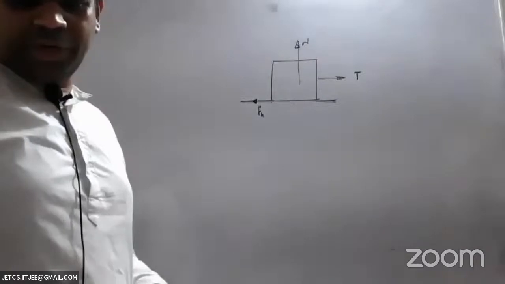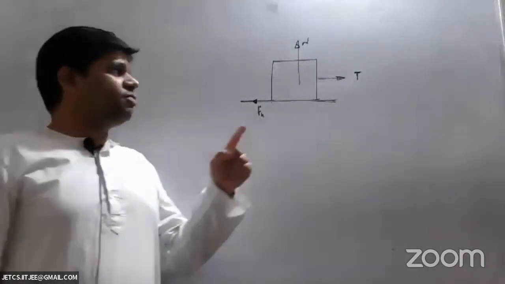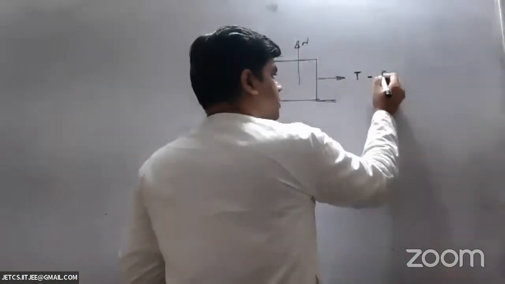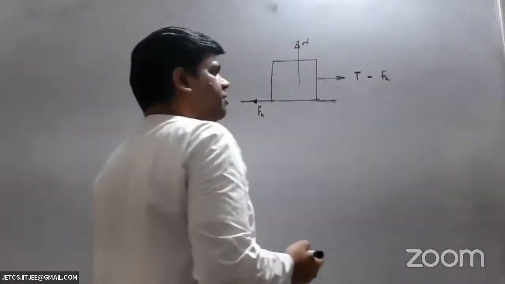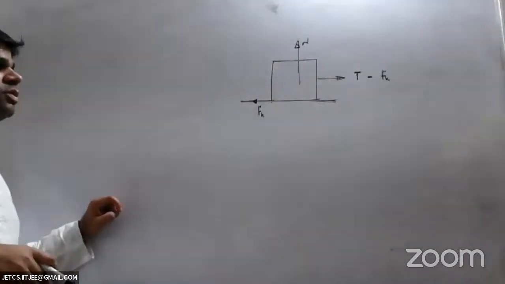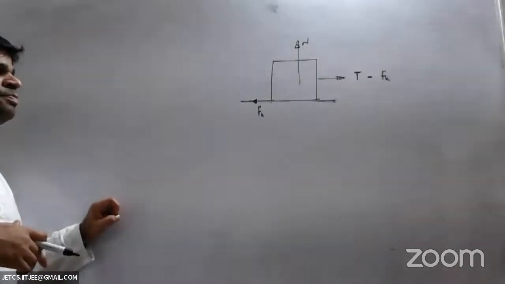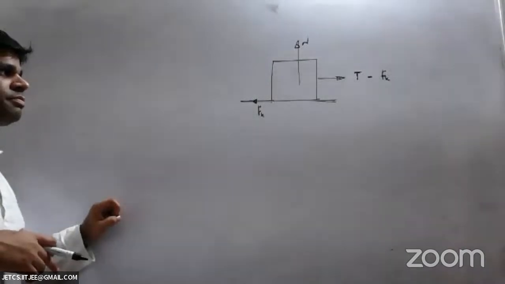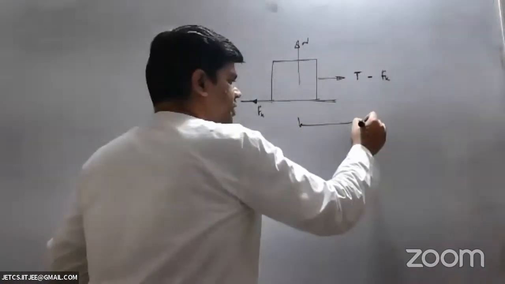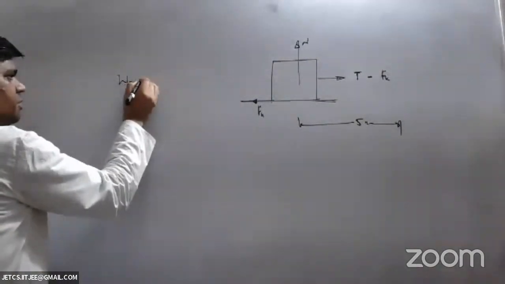All right. So, and it's moving with constant speed, he said. That means net force on the block is zero. Net force on the block is zero means T is equal to Fk. That's what I can say. Because it's moving with constant velocity, net force on the block is zero. T is equal to Fk in magnitude. So work done when moved a distance of 5 meters is work done by tension Wt